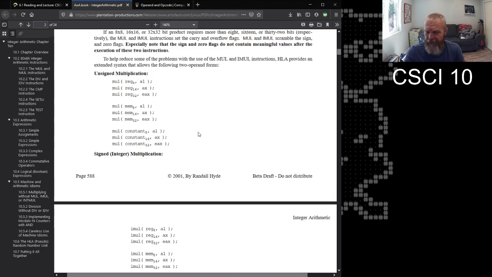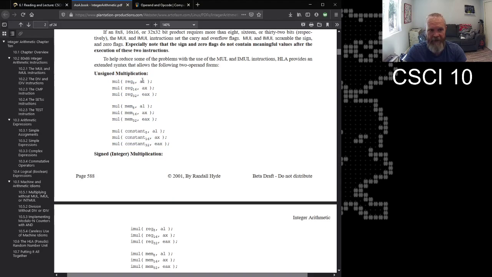Okay, so that's a lot. It's a lot to take in. Your practice for this week's lab is just writing one of these and stopping on it to consider what you're looking at. It's not hard, but mul is weird, which is why we're only doing this instruction this week, because it's the first kind of weird one that we're doing. So we're going to use the HLA style, at least I am, which gives us all these options.